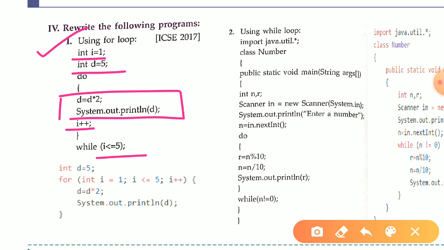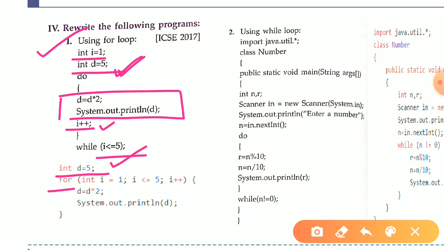Okay, now please see over here that d equals 5 also we are having, but in this condition we are not checking d. Yes, and in this updation also we are not checking d, so we can take this d equals 5 before the for loop. Okay, you can take it inside the for loop, it depends on you, it is perfectly valid, but you can also take it above the for loop. Okay, so if you are going to take it above the for loop, then firstly you are going to write down int d equals 5.